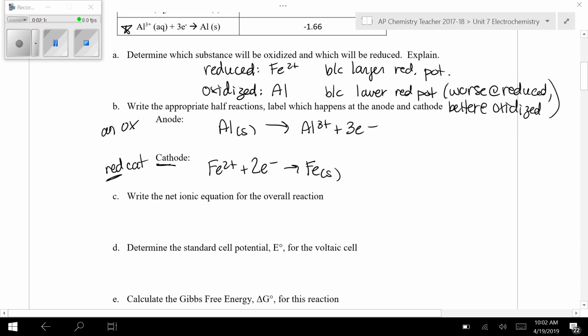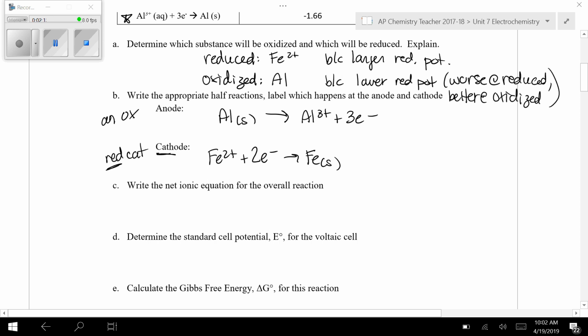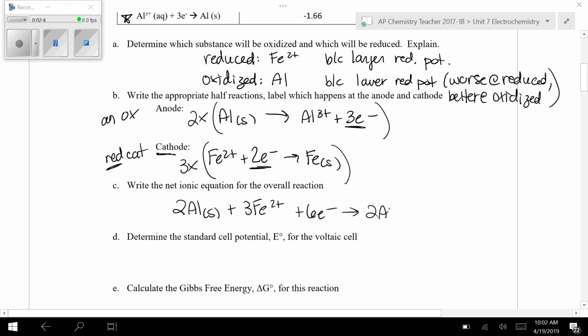I want to write out the overall reaction. It's important to know that in a redox reaction, electrons gained equal electrons lost. That kind of goes with the law of conservation of matter. So right now I'm losing 2 electrons, losing 3 electrons here, and I'm gaining 2 electrons over here. So I'm going to think, what's the lowest common multiple of 2 and 3? Well, that's 6. So I'm going to multiply everything in here by 2, and I multiply everything down here by 3. And so that's going to give me 2 solid aluminums and 3 iron ions, and 6 electrons make 2 aluminum ions and 6 electrons and 3